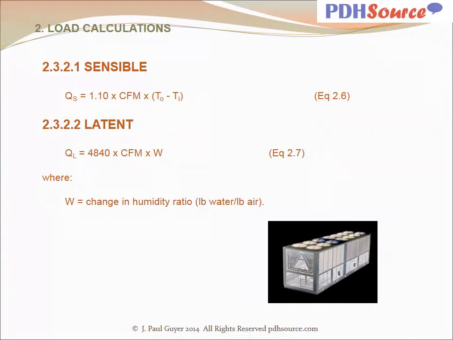Equation 2.6 is the equation for calculating the heat gain due to infiltration and ventilation: 1.10 times the CFM, cubic feet per minute of infiltration air plus ventilation air, times TO minus TI, with TO the outdoor temperature, say 100 degrees Fahrenheit, and TI the indoor design temperature, say 72 degrees. Equation 2.7 would be used to calculate the cooling load due to latent heat of the air, and